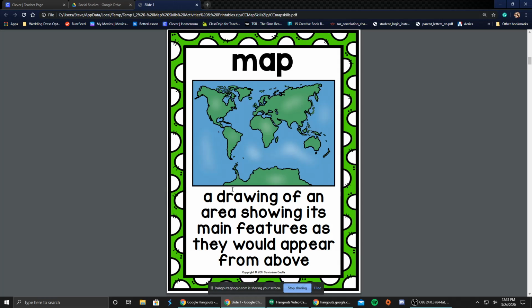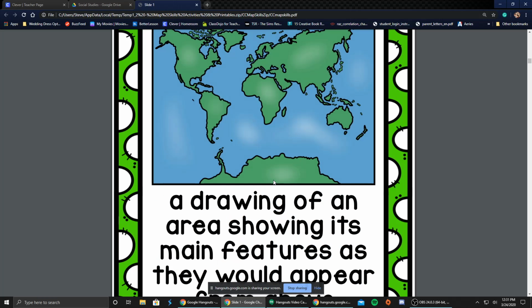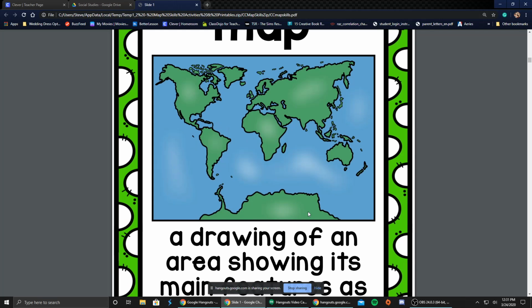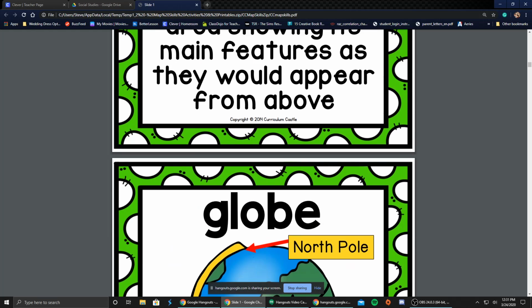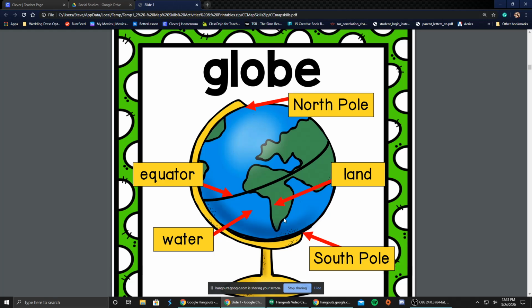But a map is a drawing essentially, and it's a drawing that shows the main features. So for example, this is a map of the world, right? Here's North America, South America, Africa, Asia, Australia, and Antarctica, right? So you've probably seen this in your classrooms. We have globes, which is the world that you can spin around and look specifically in, and it shows you spots like the equator, the North Pole at the top, the South Pole at the bottom,